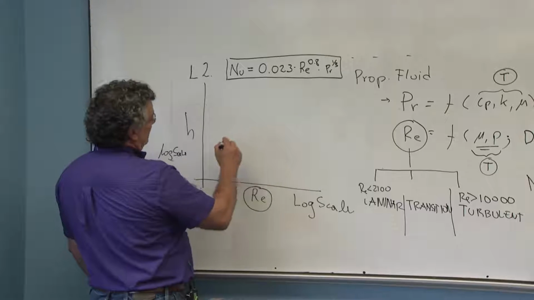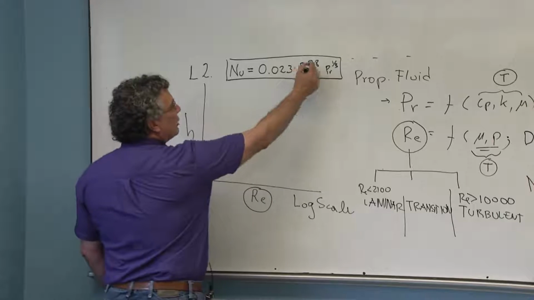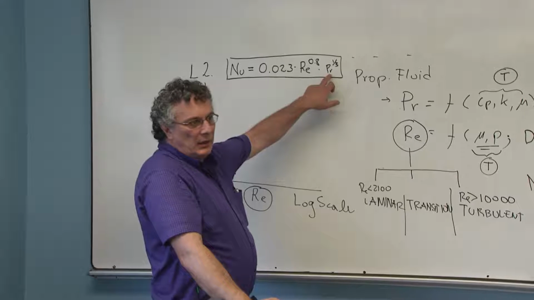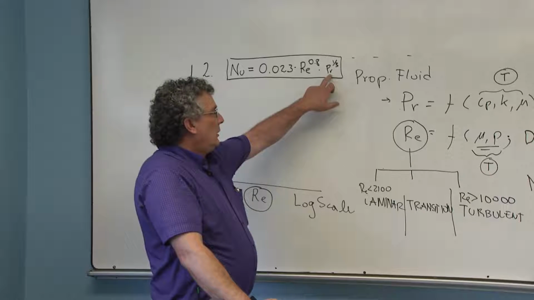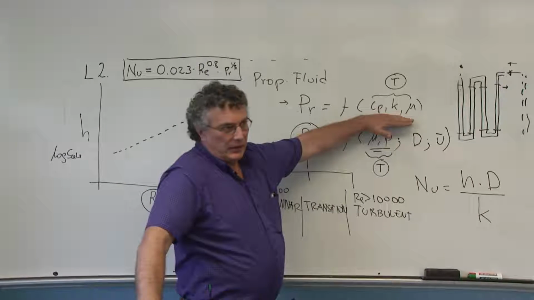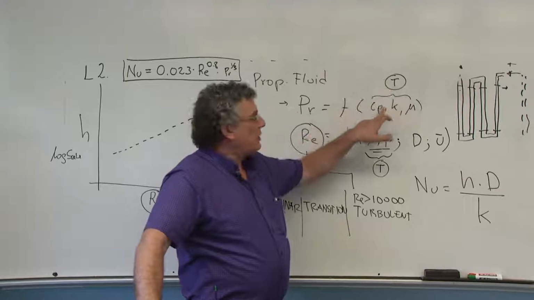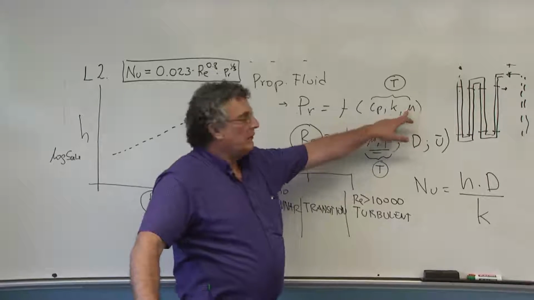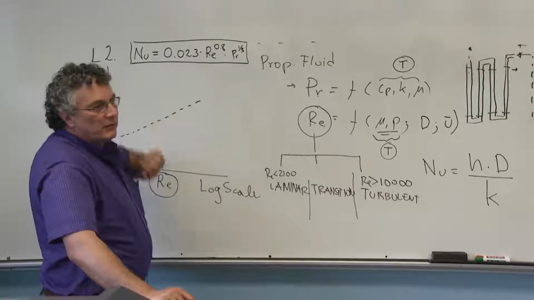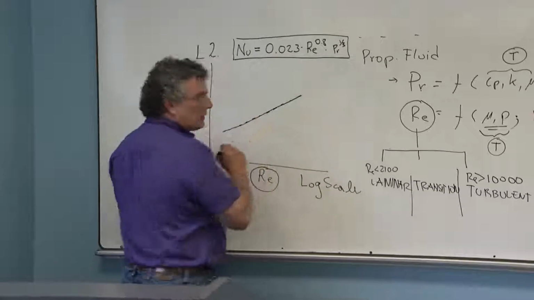And you are going to get a line that has almost a slope of 0.8. It's not exactly 0.8 because the Prandtl number is going to change, not because the Prandtl number depends directly on the velocity at any time, but because changing the velocity changes the temperatures, and therefore changes the specific heat, thermal conductivity, and viscosity, and therefore you end up having a slight deviation from this. But you're gonna plot this as a line, not as a series of points, because